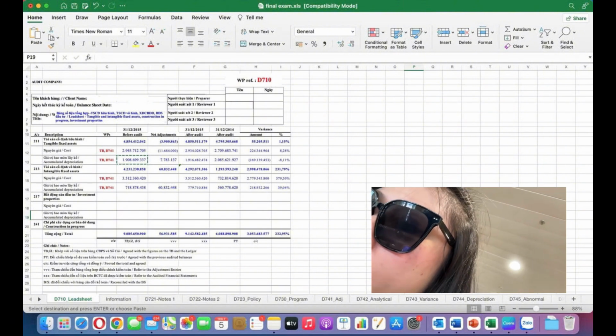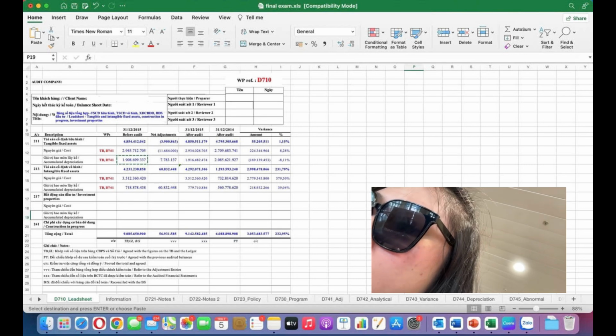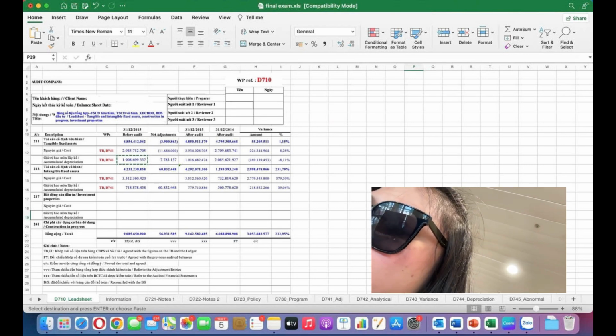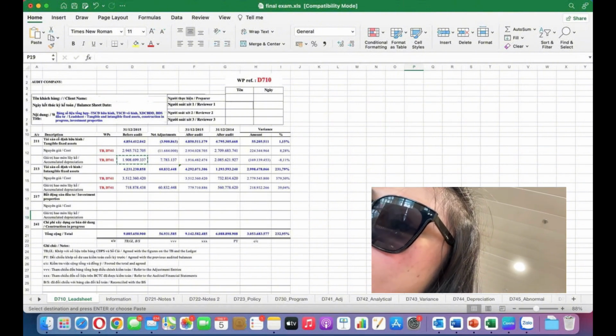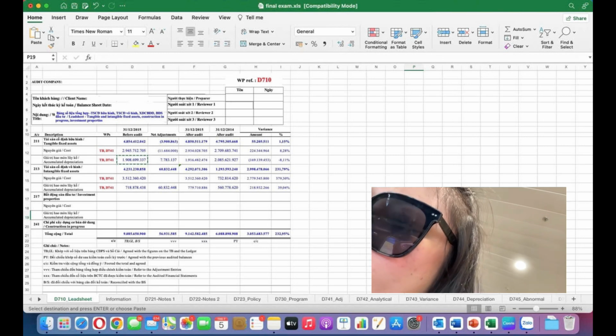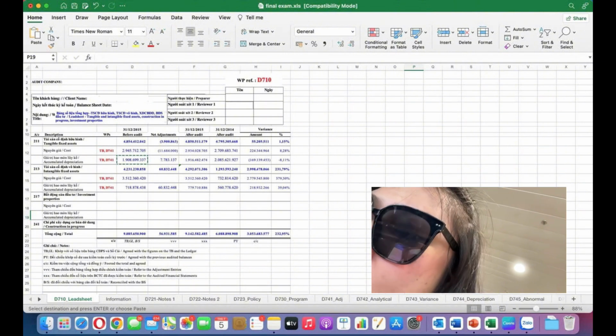Number 1, compare audited balances in 2015 with 2014, highlight adjustments and explain trends. Number 2, key findings: tangible fixed assets